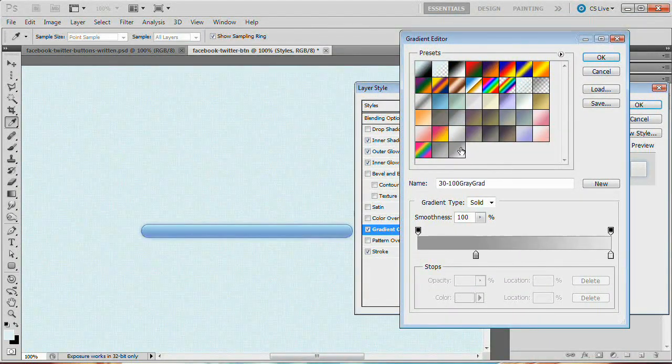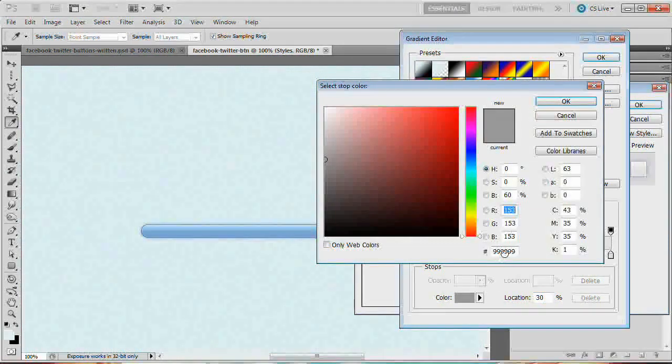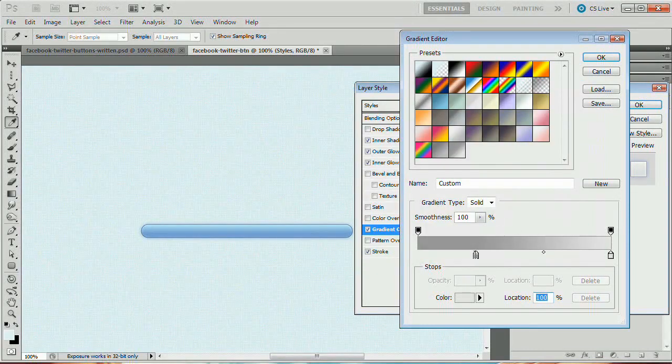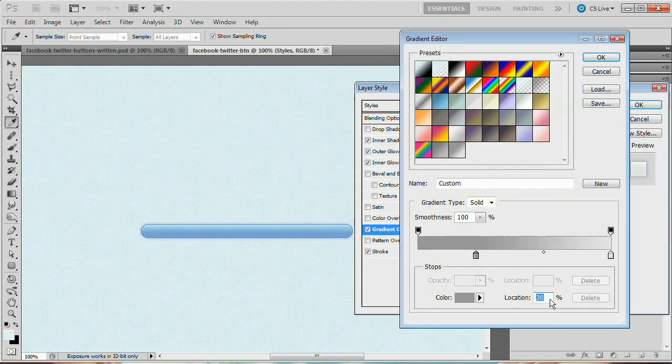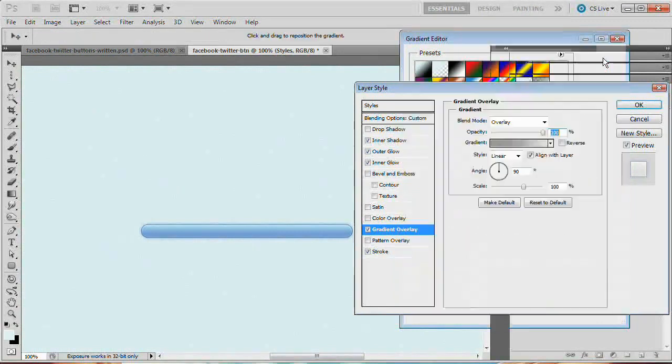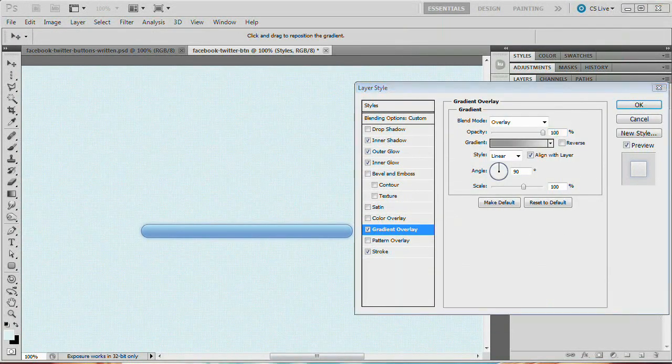and I have a gradient saved here, just a 30 to 100 gray gradient. Basically what I've done is I've set my color stop to the far left to 999999, and then my color stop to the far right to E5E5E5. So just a medium gray going to a lighter gray. I'll leave the one on the right all the way off to the right, and then set the one to the left just to a location of 30%. So that's going to bring it right out and just start to close the gap, if you will, on our gradient a little bit. Hit OK,